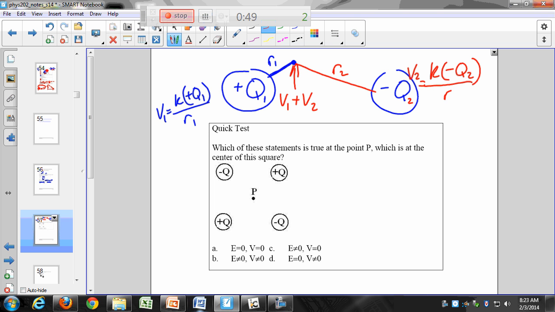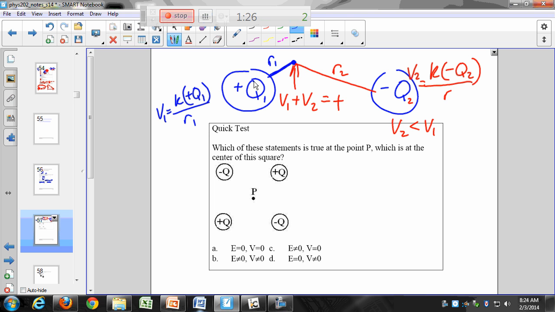Is that potential going to be positive or negative? It's going to be negative. Or no. Yes, negative. Oh, we're going by the way you drew it? The way I drew it, yes. So I'm a further distance away. No, it's going to be smaller. The negative charge contributes less potential than the positive charge. Right. So since R2 is bigger, that means that V2 is less than V1, and so this is going to equal a positive number. You follow what I mean by that?